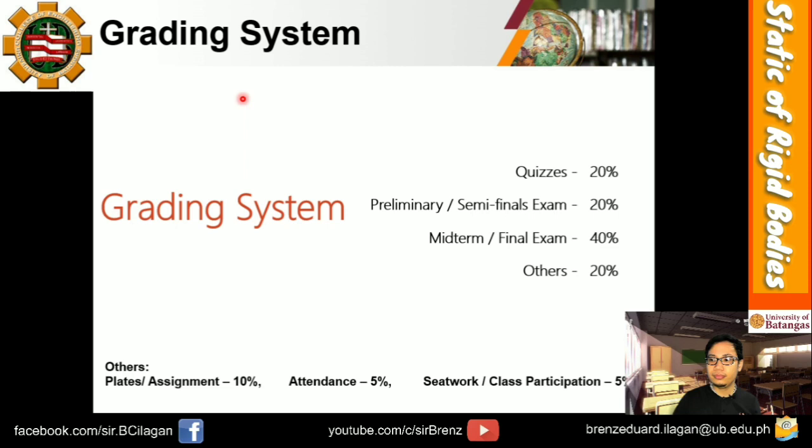So we have these following items na gagamitin natin para makuha yung grade nyo. So ito ay mahahati sa dalawang half. Okay, so we have the first half and the second half. Yung first half, ang kasama sa kanya ay yung preliminary examination or yung prelims, and then the midterm. And then yung second half, that will be the semifinals and the final examination. Both halves have their quizzes and the other requirements.